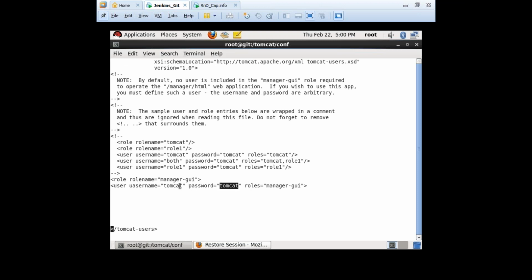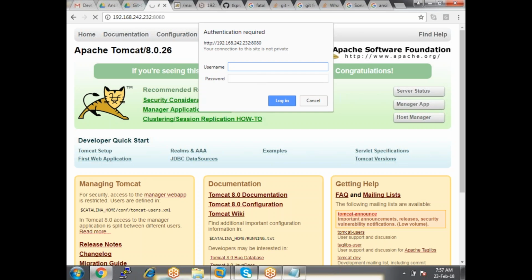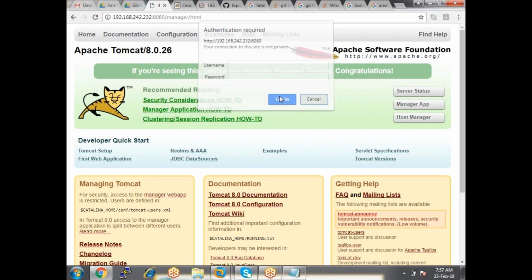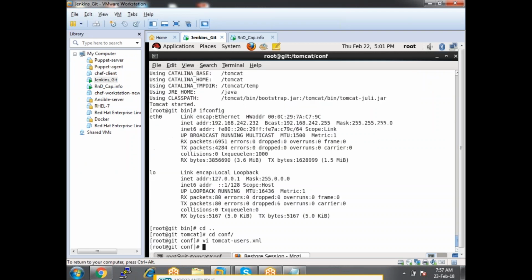Password is tomcat, right? Tomcat and then tomcat. Yeah, 232. Sometimes this server won't start properly, so let me restart the server again.